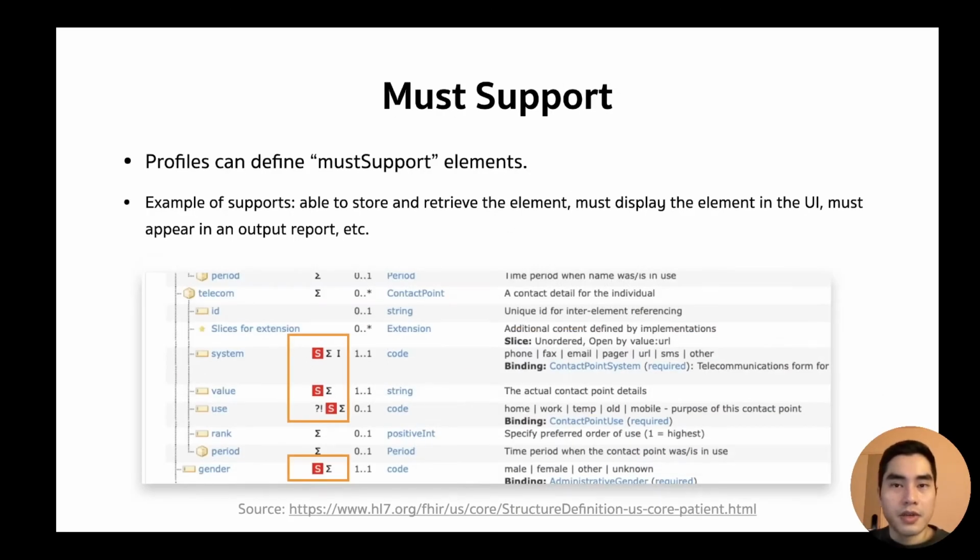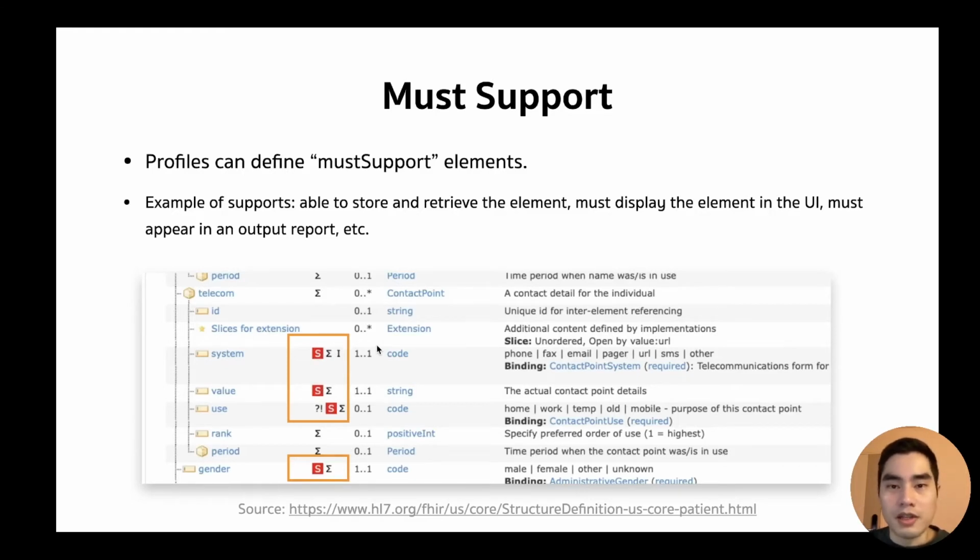And the last thing that you can customize in the structure definition is the must support element. This one, the S symbol here. It means that anyone that implements this profile has to support this element, the elements that have this must support flag with it. What is support?